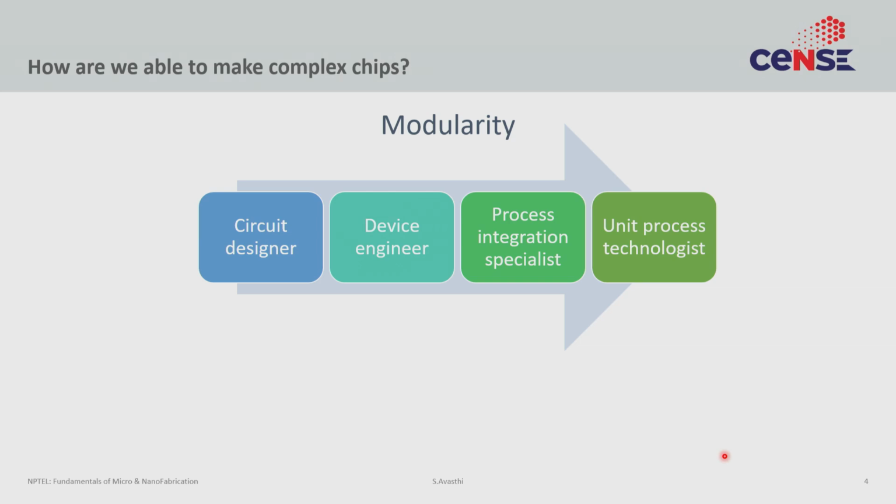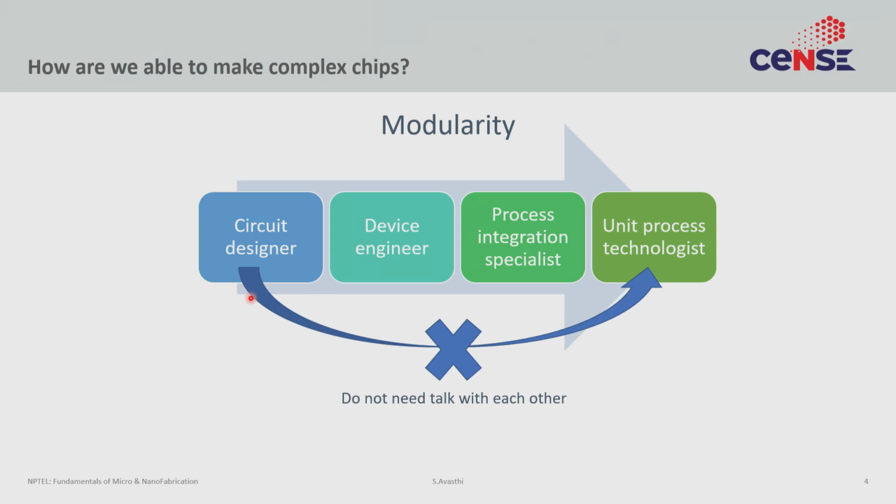So there's so many people with so many layers of problems, right? So you start at the unit process and you go all the way up to the circuit designer. The way the system works is it's small modular. The circuit designer never gets to talk to the unit process person, okay? All the circuit designer expects is you just tell me what is the characteristic of the device you are making. I'll not ask you how you are making the device. I will not ask you about the details of the unit process. All I care about is what is the current voltage characteristics of the device. I will design my circuit appropriately.